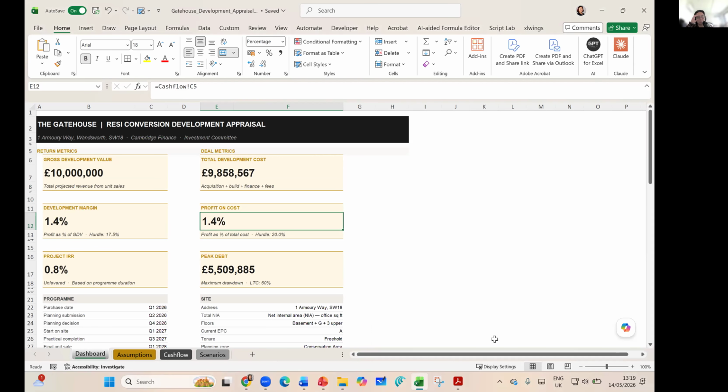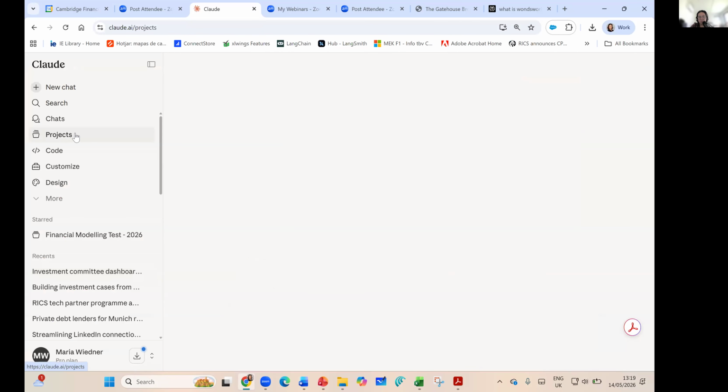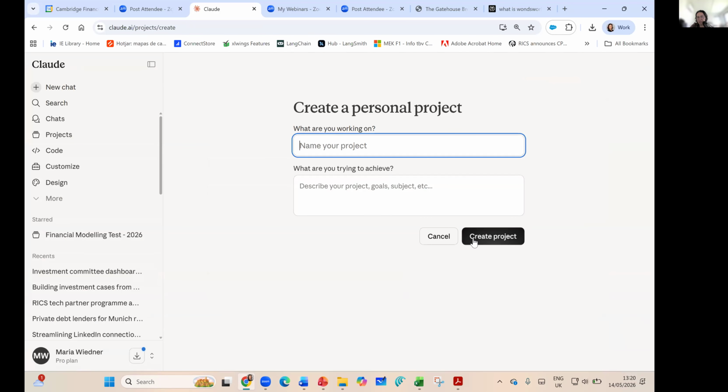If you have information about Wentworth, for example research that you have done there, or the latest house prices, then you should also add it to this chat, right? And if you have a lot of information, lots of research papers on Wentworth, particularly the area, then you can even create what we call a Claude project, which is under projects here. On projects, you can actually create new projects, and then you add lots of different